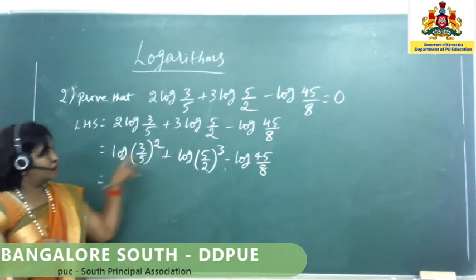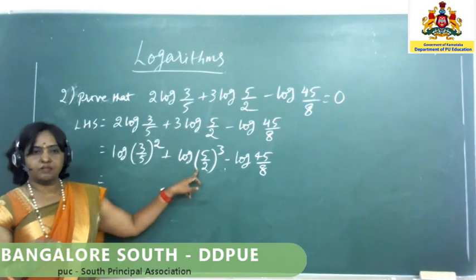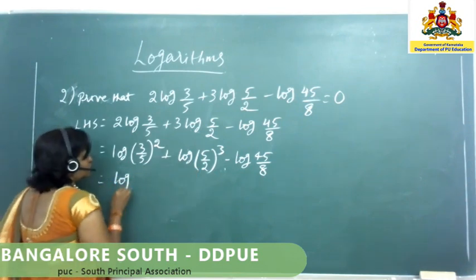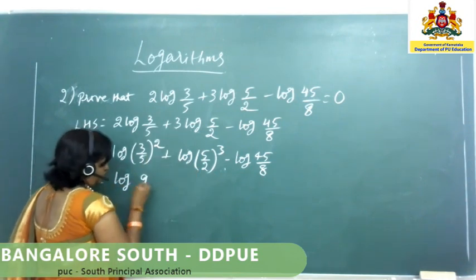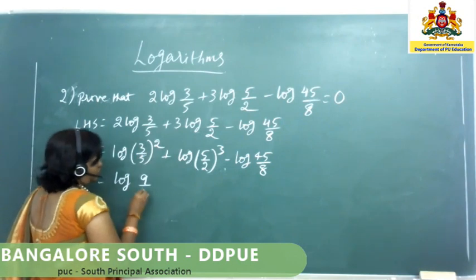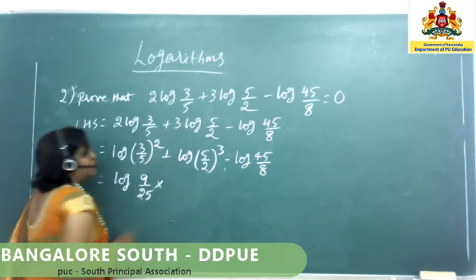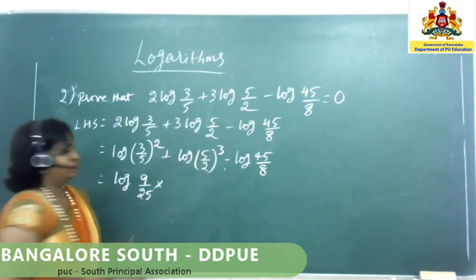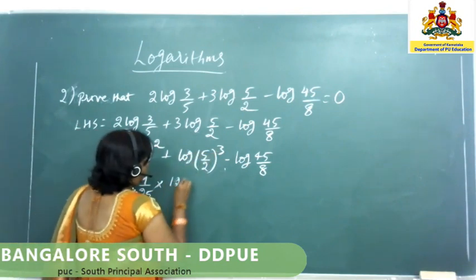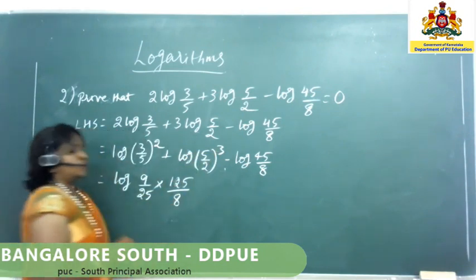So log m plus log n is log mn. So log 3 square is 9 by 5 into 5, 25 into 5 cube, 125, 2 cube is 8